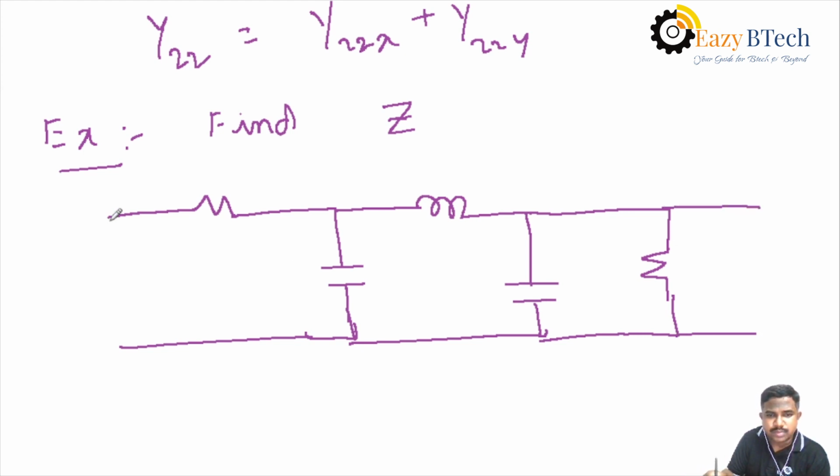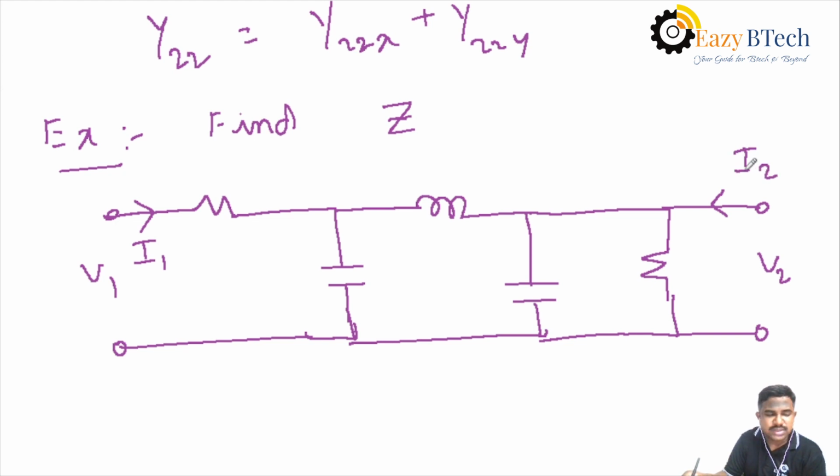These are the two ports. This is the first port and this is the second port. Here V1, consider the passing current is I1. Here V2, consider the passing current from V2 is I2. Okay. The values are here